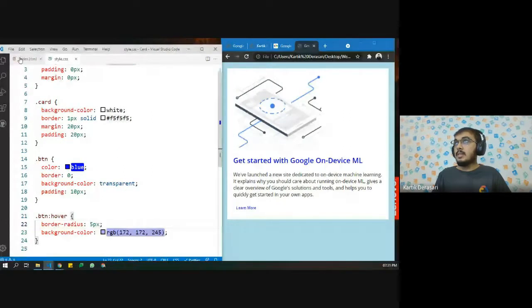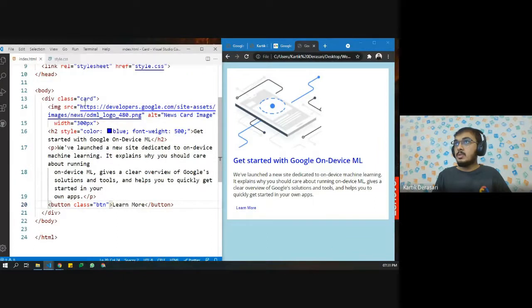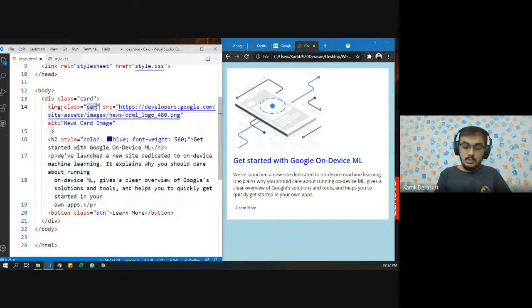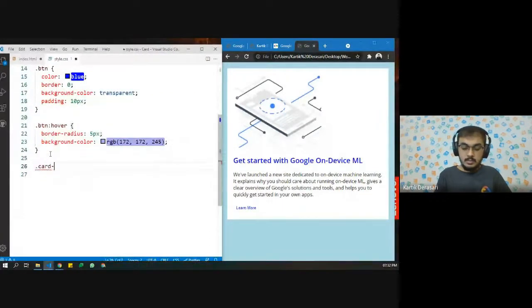And what next do we have? Okay, let us style the image more. So instead of this, let us also try using CSS. Let us say class equals card image, and inside card image, we want this to be the whole block.